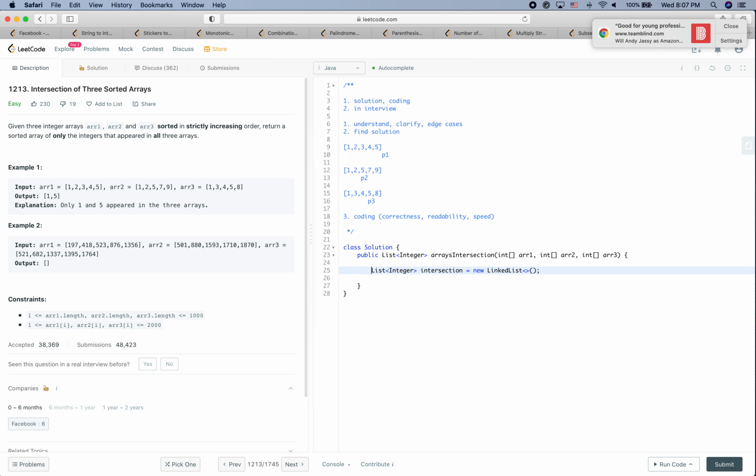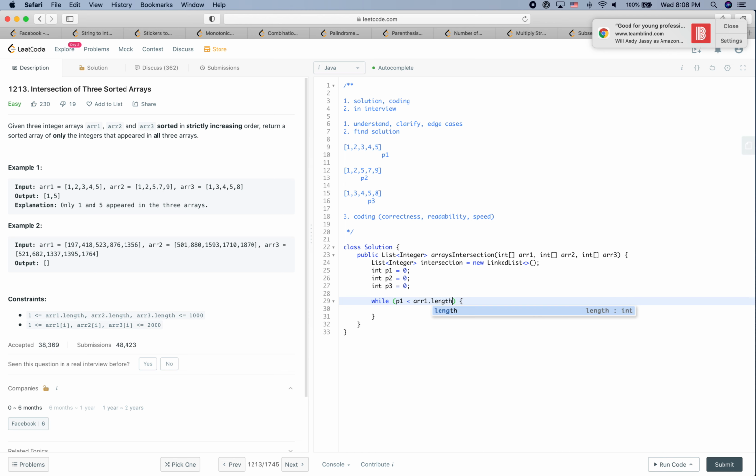So we're going to say, okay, we have three pointers, P1, P2, and P3. While P1 is smaller than array1.length, and P2 is smaller than array2.length, and P3 is smaller than array3.length,